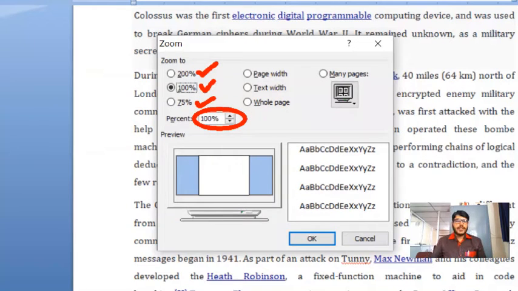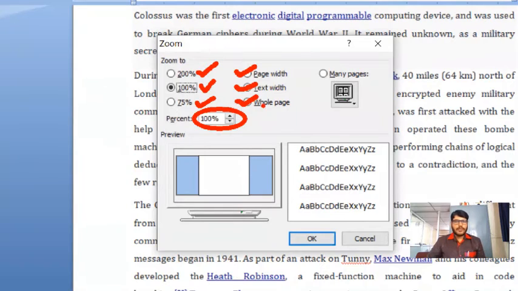You can set the zooming level. Okay, and sometimes what happens, I need to zoom according to the page width. At that time, you need to enable this option. According to text width, you can select this option, and according to the whole page, you can select this option. So these are the various zooming levels you can provide in the zoom dialog box.